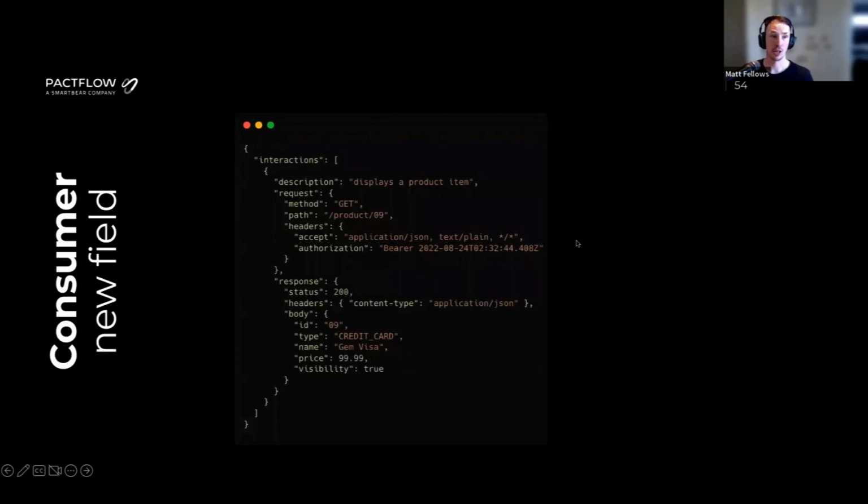So let's imagine now we're making a change to the process and we're in an iteration planning session and there was a new feature requested. Let's say to only display a product if the visibility field is set to true. So let's say we update our OpenAPI spec and we also update our consumer to expect this new field, so that if visibility equals false, we won't display it, and if visibility is set to true, we will display it. We'd update our test accordingly to deal with this new situation. And of course, we get a new pact file that has an updated expectation on the data that comes back from the provider because we need this new field. But the provider team hasn't yet had a chance to implement this new feature. The consumer team is ahead of the implementation.